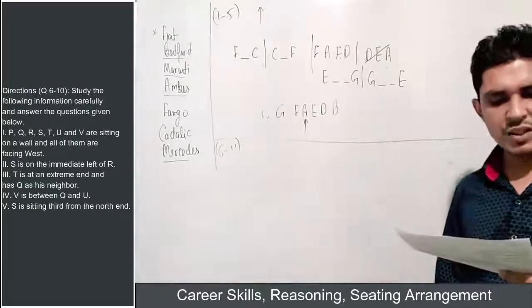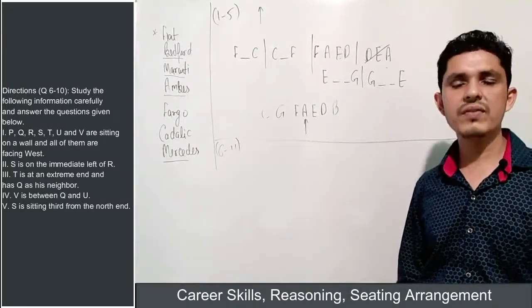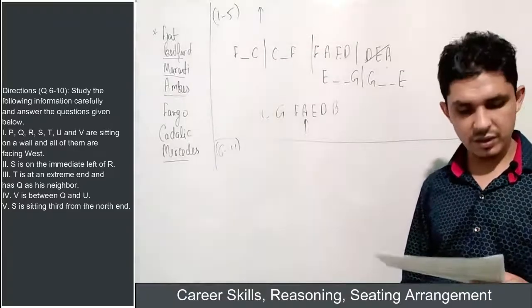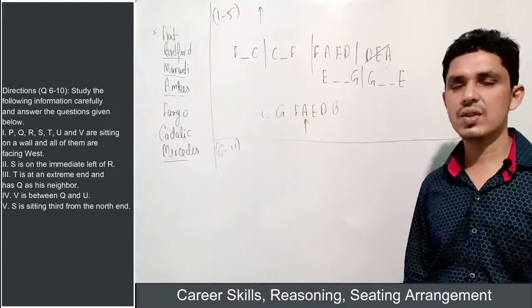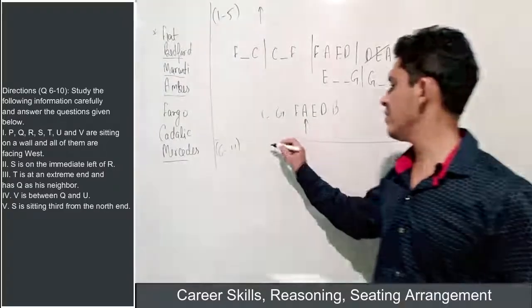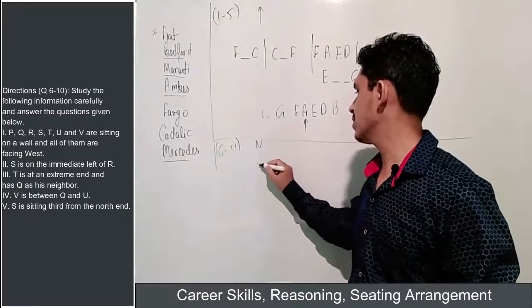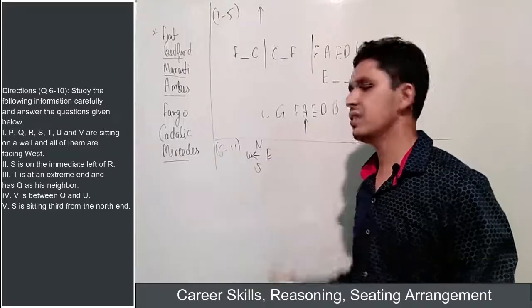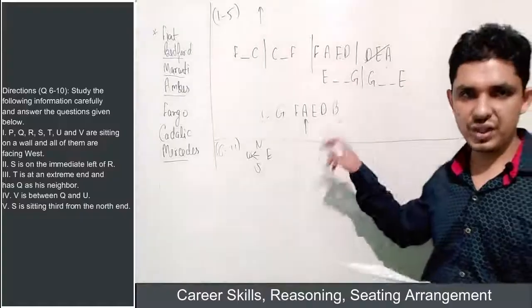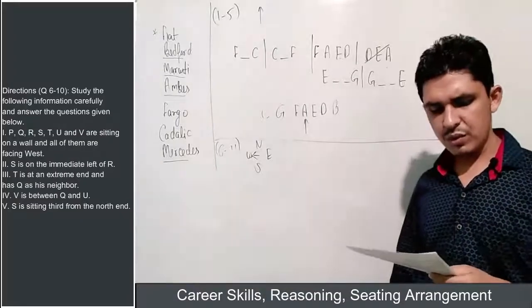Okay, so the question is P, Q, R, S, T, U, V. There are again 7 people in the question, sitting on a wall and all of them are facing west. So all of them are facing west. If we talk about west, the directions are north, south, east, west. That means all of them are facing toward the left side. Okay, so the question is